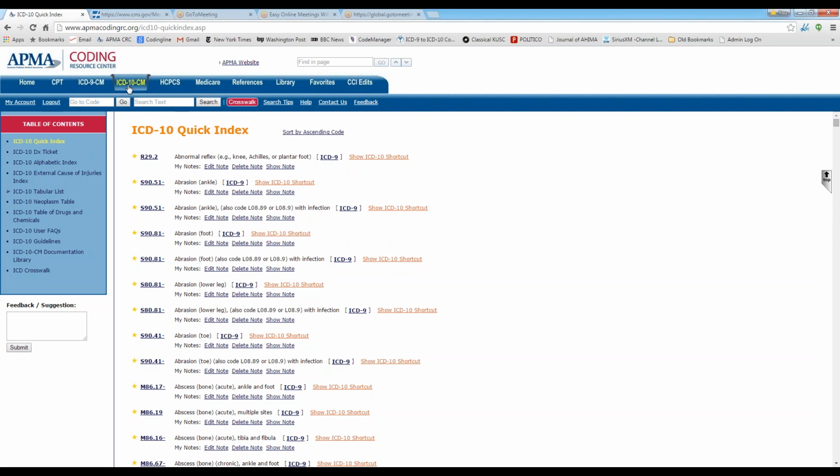Before we get to the Quick Index, I want to show you a few other features that we've added to the ICD-10 tab. In the table of contents over on the left column, you're going to notice that the first bullet point is the Quick Index. That will default every time you open this up. If you go to the Alphabetic Index and click on it,